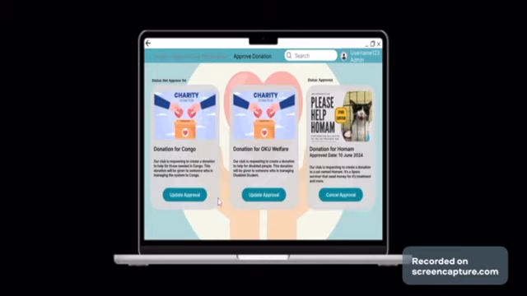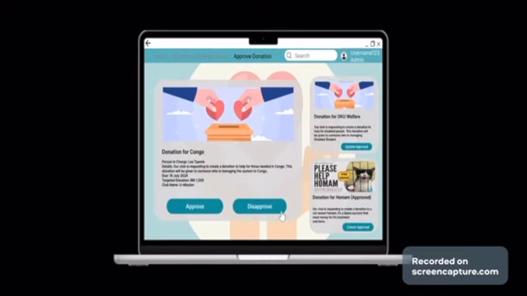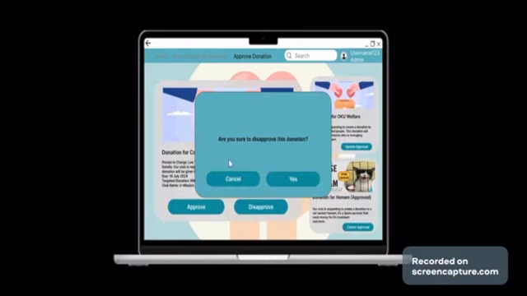Okay, next is for the approve option. So we will show you this approve option. When you click update approval and disapprove, you can see that the system will ask for confirmation about the donation disapproval. And when we click yes,